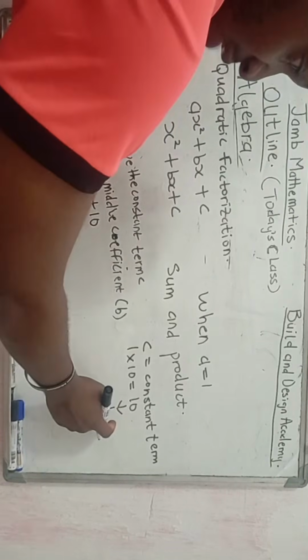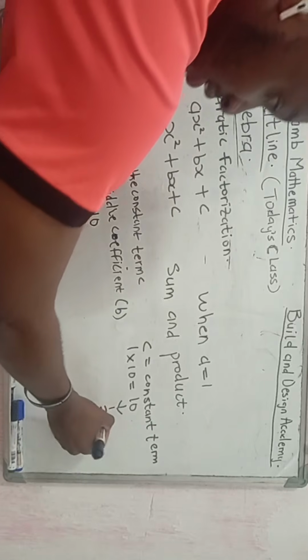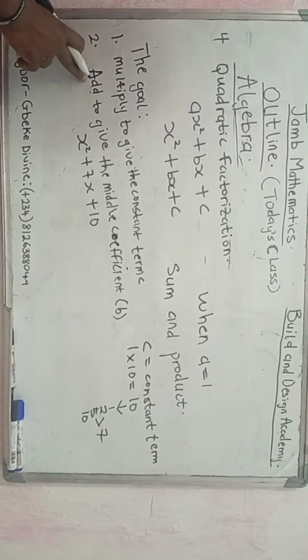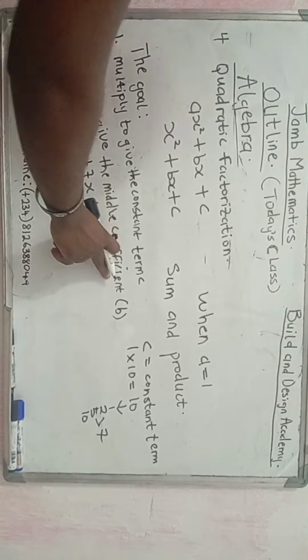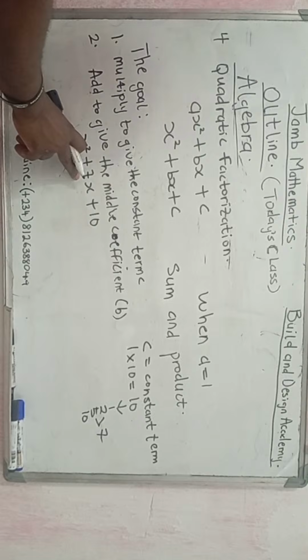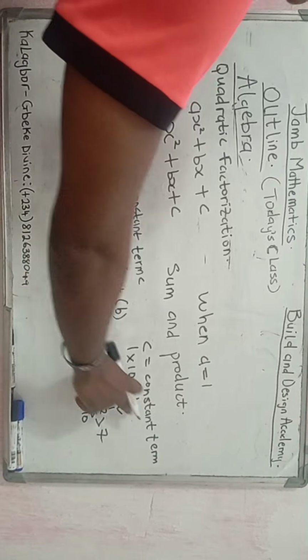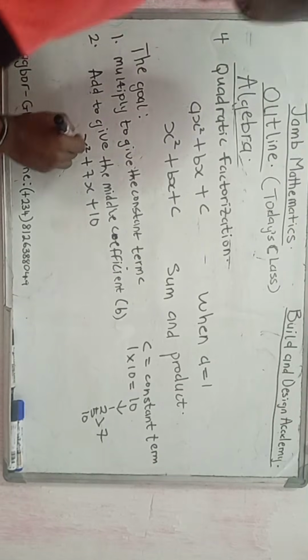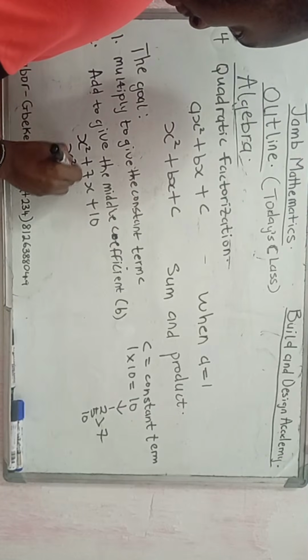So now let's do the next one. 2 plus 5 will give us 7. So we have found it. So we have fulfilled the second law, which says add to give the middle coefficient, and the middle coefficient is 7. So we have two factors of 10, which are 2 and 5. So we'll write our expression as x squared plus